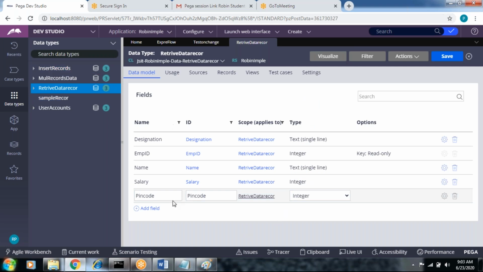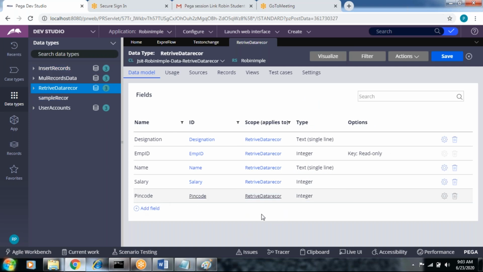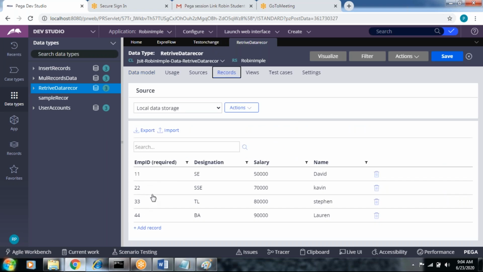My question is, for example, if you want to change the salary type from integer to text, do you have to delete that, or can you do that without deleting? Without deleting is not possible? You are asking about changing the salary data type, right? Yes, it is possible. Why? Because we can edit any data except primary data. You can edit any data.